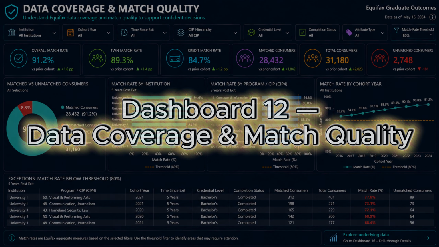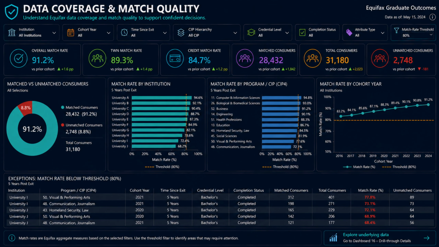Dashboard 12, Data Coverage and Match Quality. Primary audience are IR Data Governance, System Office, Institutional Leadership. The purpose of this page is to determine whether coverage is strong enough to support interpretation and comparison. The primary source is all 5 reports. The KPI layer is intentionally limited to overall match rate, TBUN match rate, credit match rate, matched consumers, total consumers,